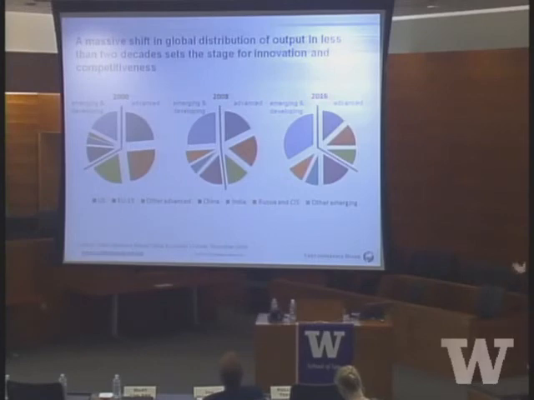And in 6 years' time, if these projections hold, the world will look just the other way around. It will be 2/3 of global output being produced in the emerging economies and only 1/3 of global output being produced in the advanced economies. That's the pace at which these changes are taking place. And that, of course, is setting the stage for us in terms of where is that innovation